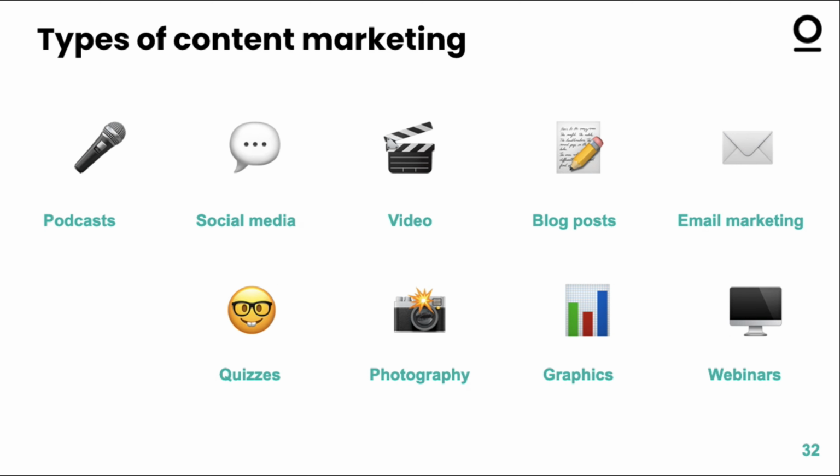Next, we've got photography. Now, a lot of this content that we're talking about here relies on text or it relies on video, but actually you should also be thinking about the type of photography that you're presenting as part of your work. So you might have some really interesting case study images that you can use, or some examples of your work in the field, of the people you're helping, your service users. What types of images can you capture as you go about your everyday work that you can use as part of your content marketing?